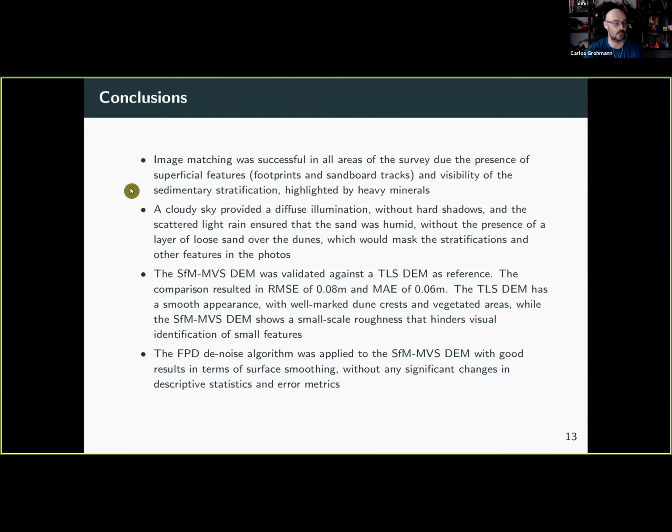These two are quite interesting for us. First, we did get a good image matching in all areas of the dunes, mostly because we could see the superficial features. So here are some superficial features like footprints, sandbar tracks, and the sedimentary stratification. And this is really nice because when we submitted the grant proposal, one of the reviewers said that this idea